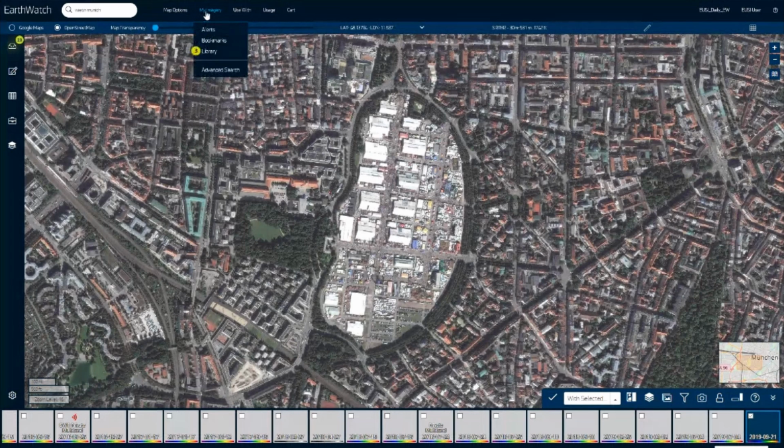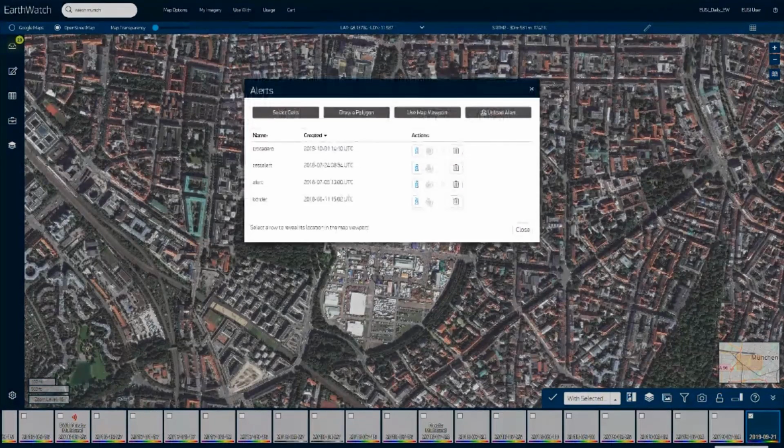There is another interesting feature. It's called alerts. It's a feature to be informed when a new image is ingested within EarthWatch over your area of interest. Let's say I'm interested to be informed when a new image is ingested